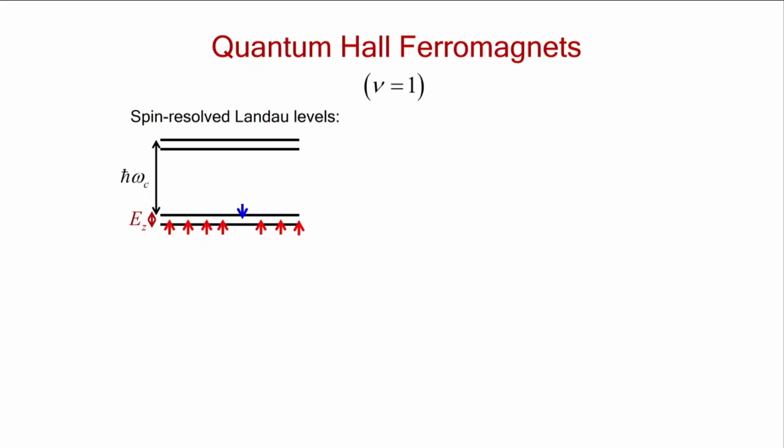And now you ask yourself, okay, this is my ground state. What are the excitations? What is the cheapest excitation I can make? In a single particle picture, it would be just a spin flip. This would cost energy, if there were no interactions, the energy cost would be just the Zeeman energy. Okay, fine, but